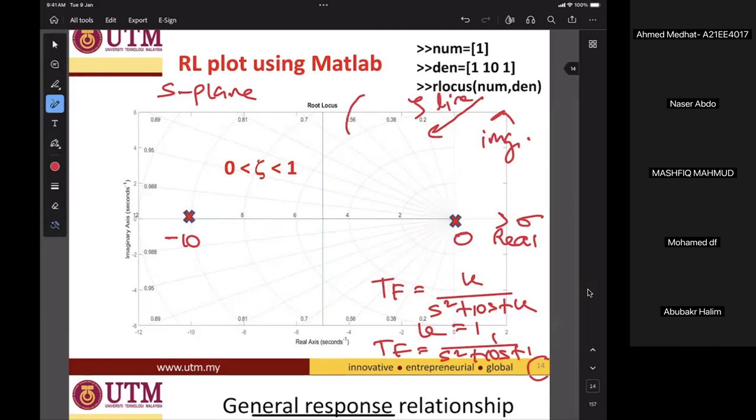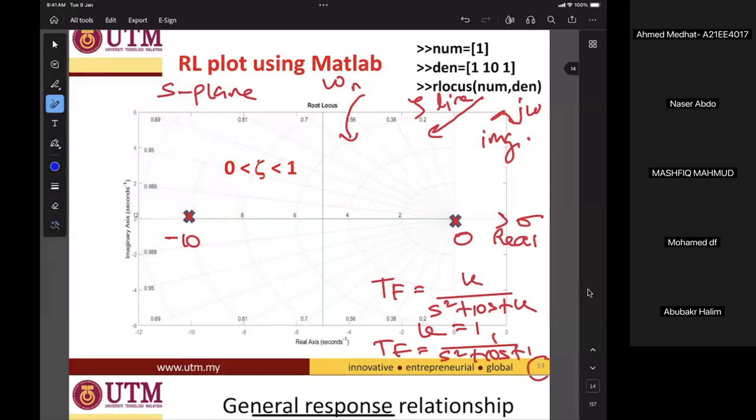And the circle line is the omega n, the undamped natural frequency. And the imaginary axis is j omega. So the root locus will be plotted as shown in